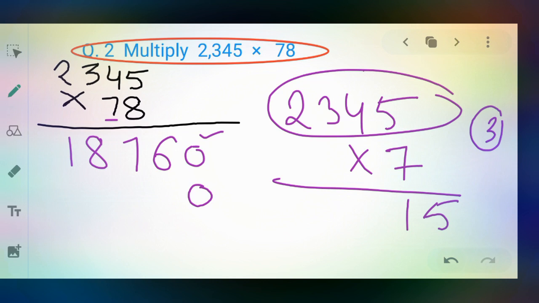Now next is, I want to multiply 7 and 3. So what is the answer? 21. 7 3s are 21. 21 plus 3, what do you get? 24. Now, dear student, 24, I will not write this 2. Why not? Because this 2 I will take as carry. So, dear student, I will remove this thing. I write here 2 as a carry.